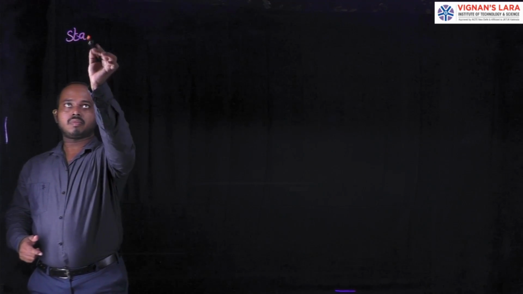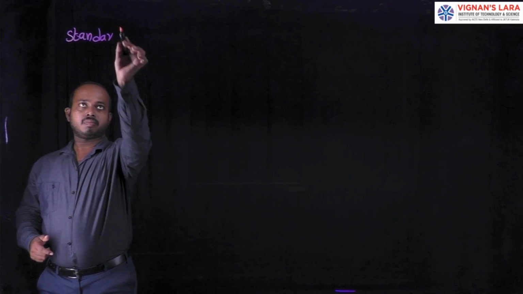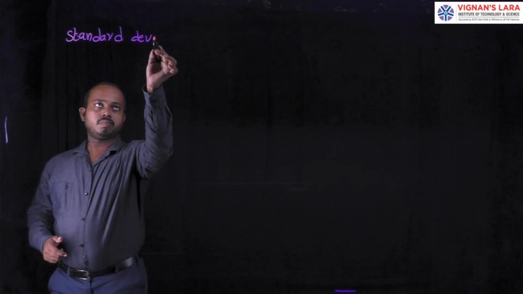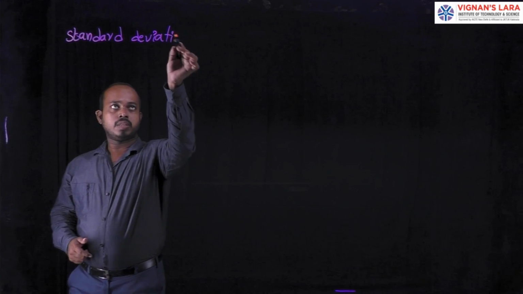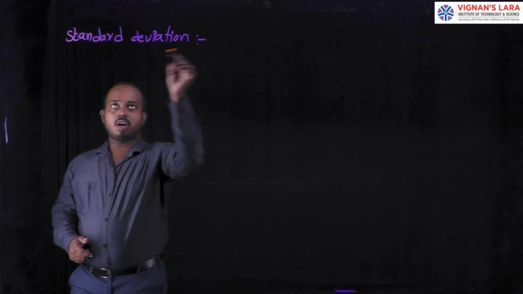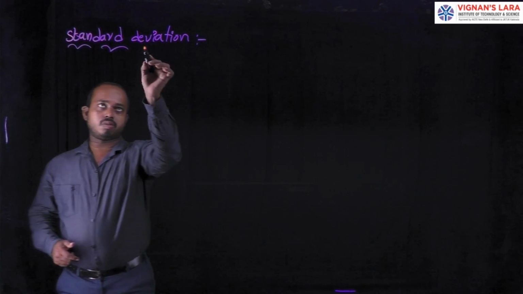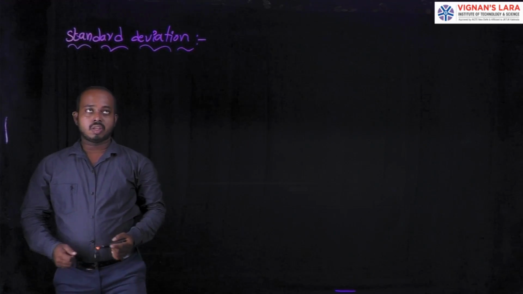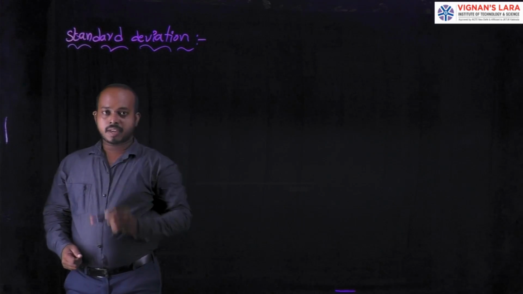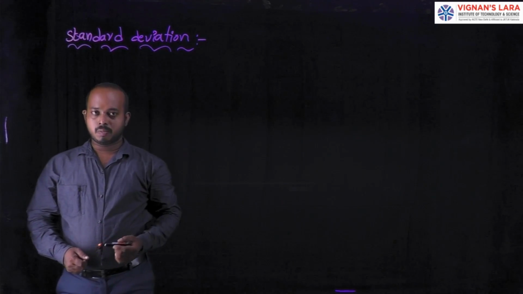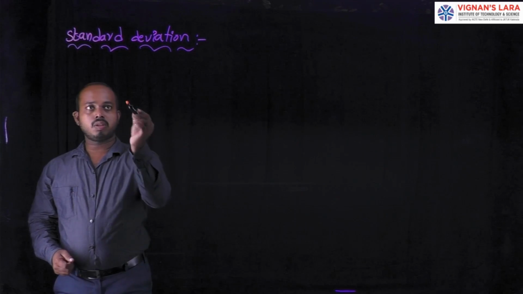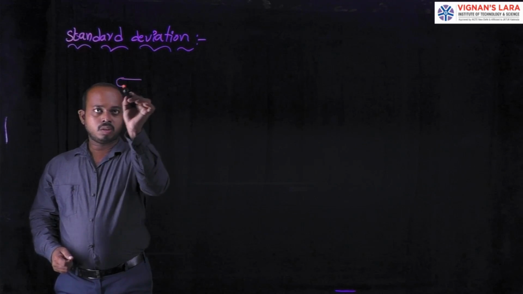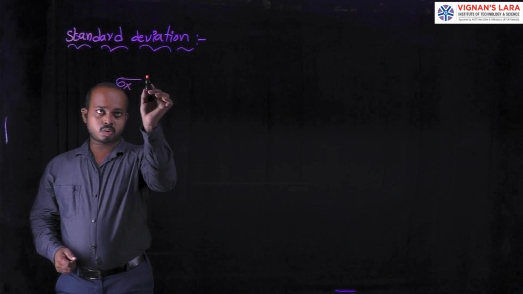Here I am writing the standard deviation. The standard deviation is obtained from the variance. How to define the variance? The variance is defined as the second central moment of a random variable. We give the notation of this as sigma x square